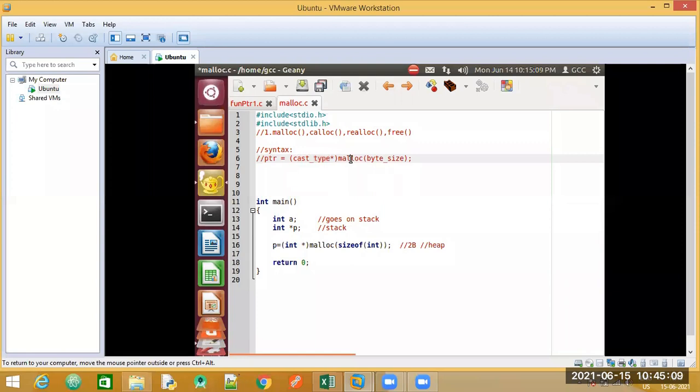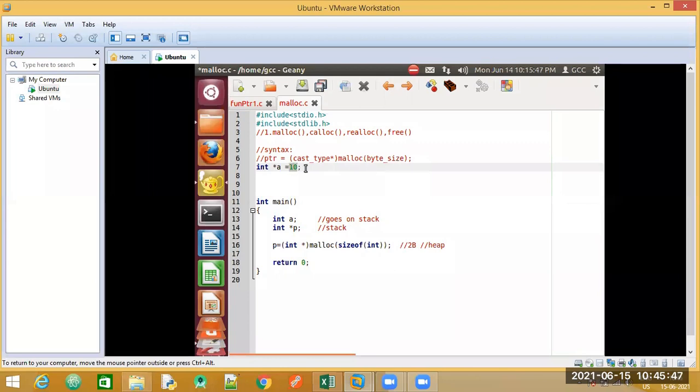So I have told malloc I am going to store an integer type of data. But have I told it how many integer data I am storing? I have not mentioned. I just said 10. So 10 means how many bytes will it take? Just a single value. It will take 2 bytes. See here, 2 bytes. I have said int. Let me write it in terms of a pointer only. This is the statement.